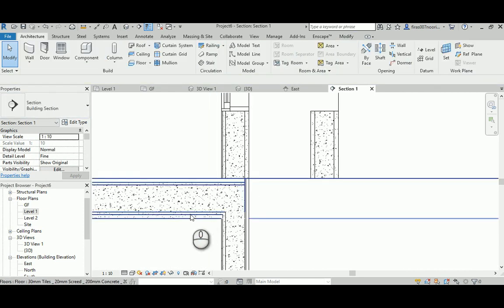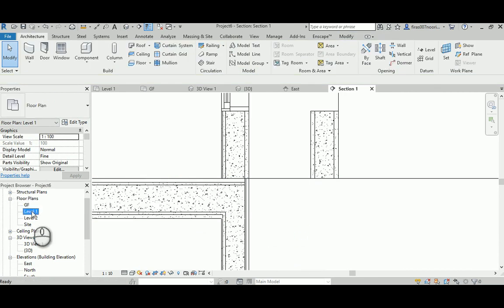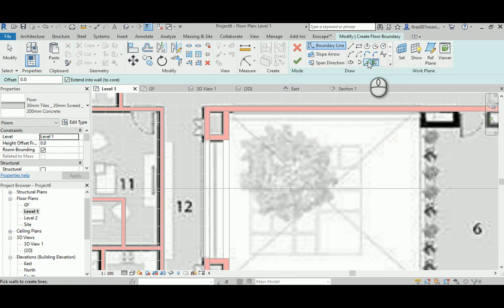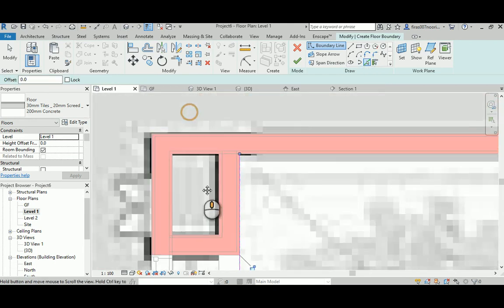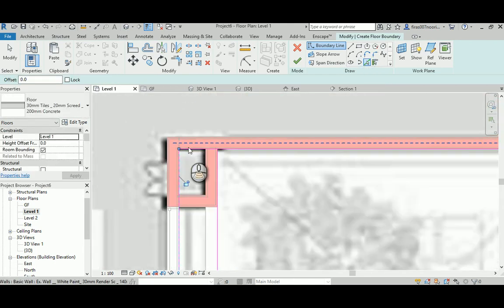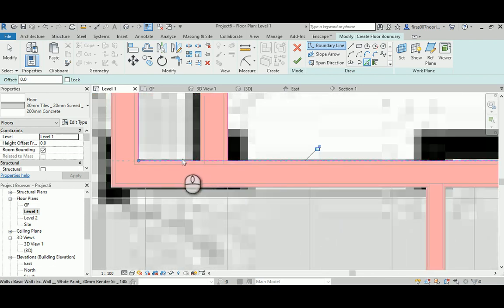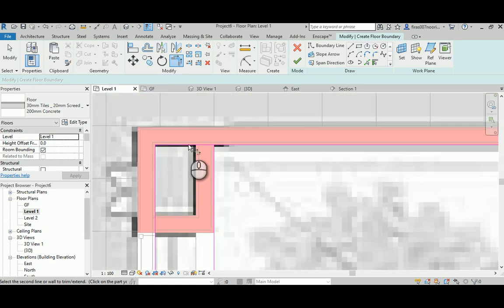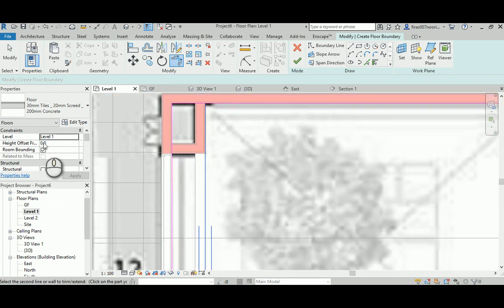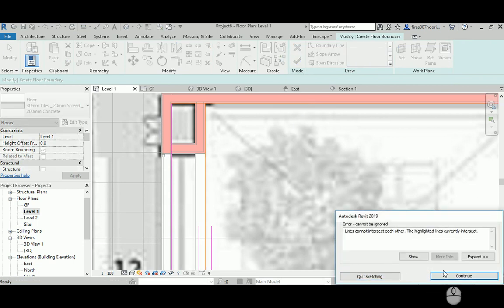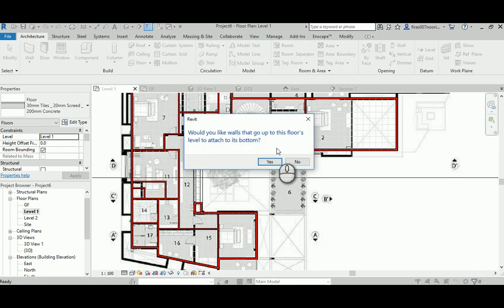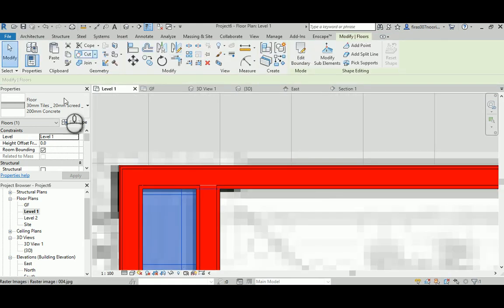The same thing you can do here. You can go and just create a floor temporary. I'm going to click this line, and then this line, and then this line, and this line, of course. Alright, I'm going to leave that on level 1. And oops, oh yeah, that didn't trim properly. How about now? Yeah, don't join. No. Let's go back to section